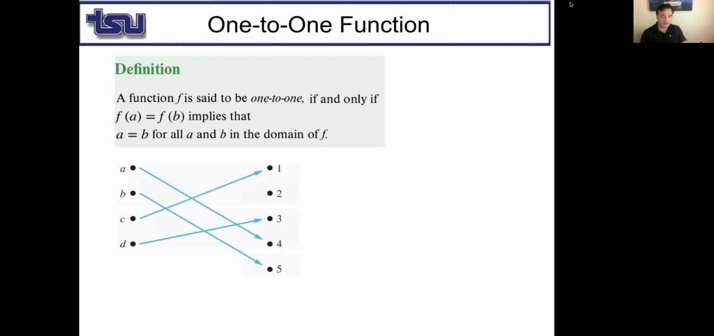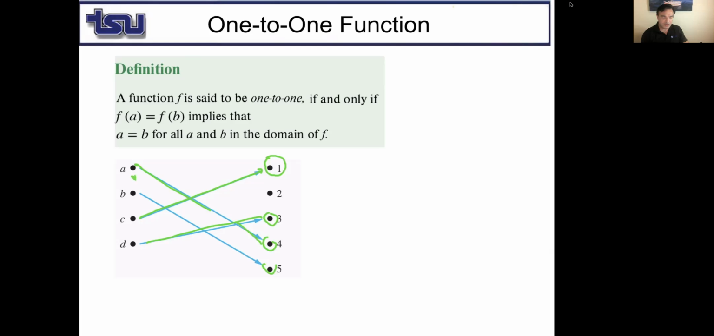Okay, for example, here this is one-to-one. Why? For example, if I take 1, it has only one mapping. If I have 2, 2 does not have any. 3 has one mapping. 4, 1, 5 has one. Okay, basically,